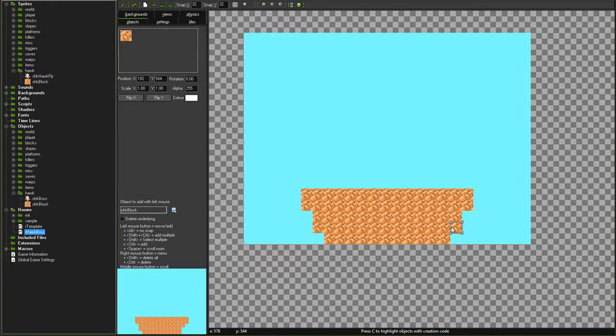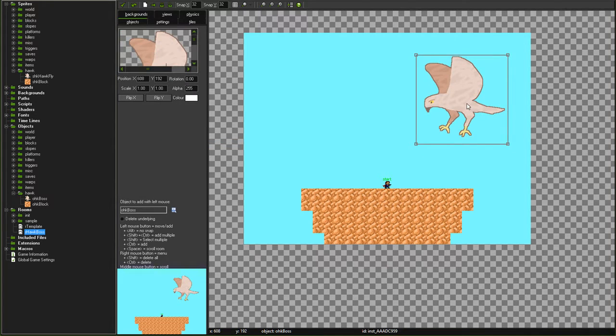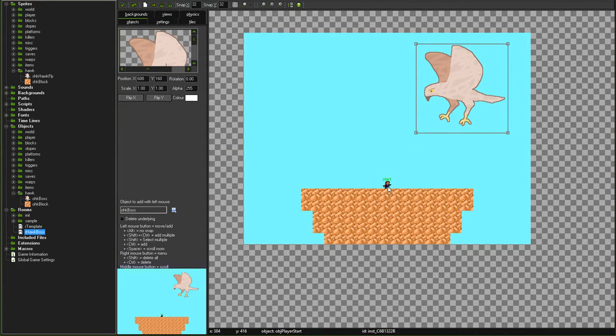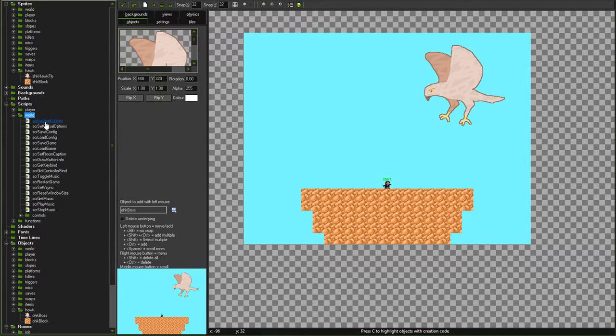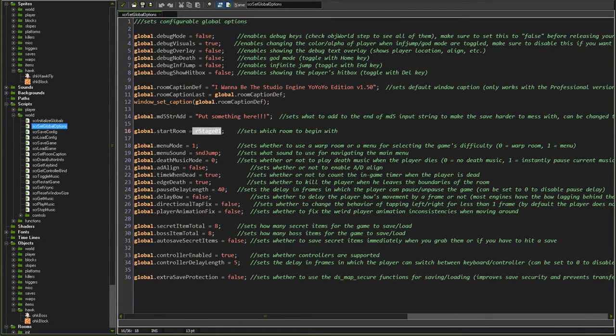I shouldn't be obsessing over this. Anyways, now let's put in player start, and then of course the boss. Oops. So we'll have the boss start like over here. And now to actually get to the room, let's go to world, set global options, R,